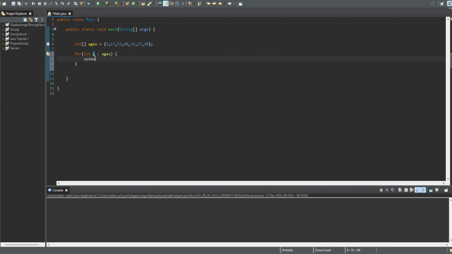So we can easily test this out by just printing i. And then if you run this, you can see we get every single element that's in the array. So this just helps us